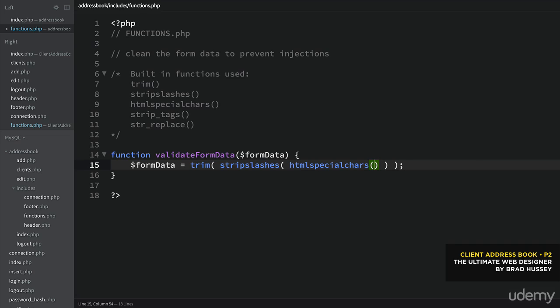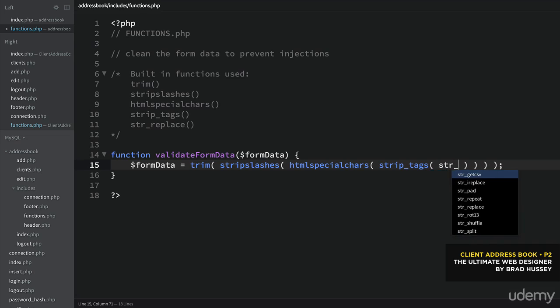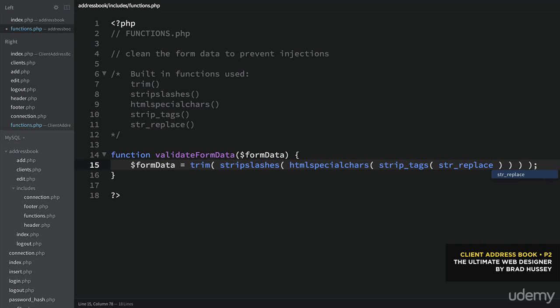And then inside HTML special chars, we're going to say strip underscore tags. And then inside strip tags, we're going to string replace. So str underscore replace. And let's work from the inside out. Now in string replace, we need to be able to add an array. And inside that array, we're going to be replacing something. We're going to look for a string and we're going to replace it with something else. So we're going to look for the first thing to pass in, 2 strings there,